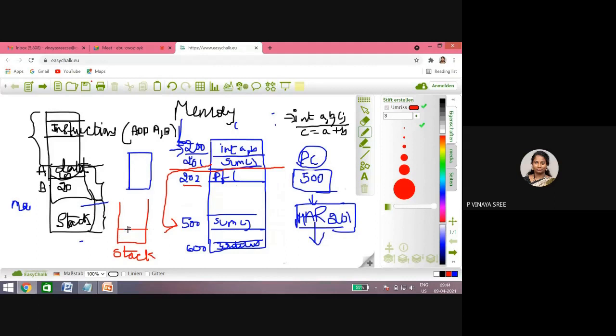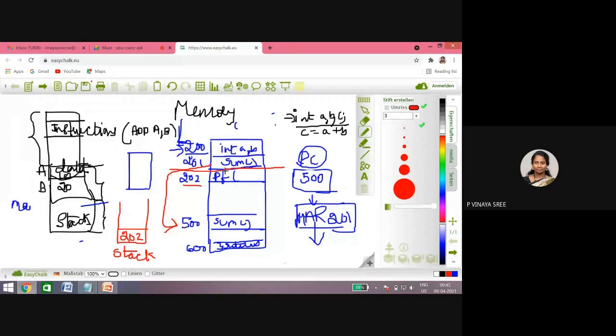So it pushes the 202 address inside the stack. Okay. Now after pushing, the steps are: whenever the processor is executing a function call instruction, and the processor knows that this is a function call, automatically the program counter will store that address.